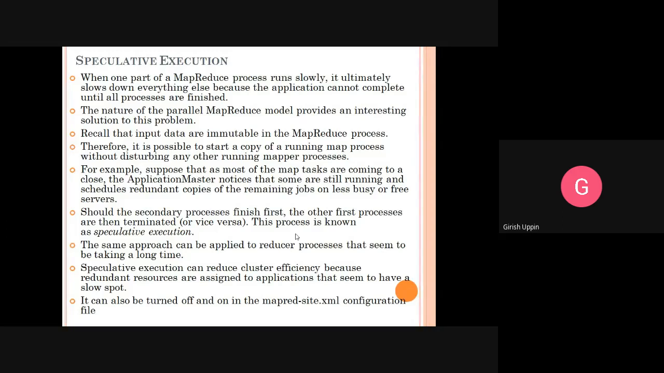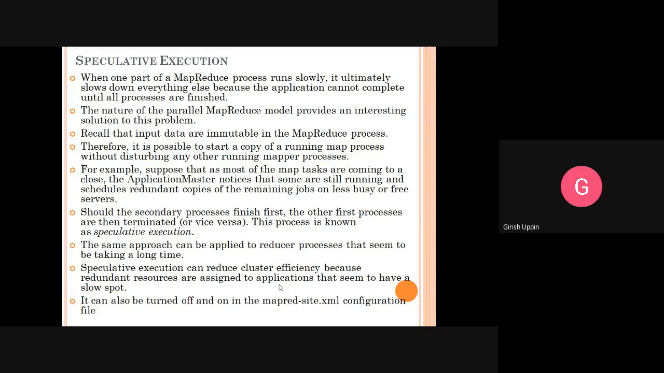So whatever we are doing this for speculative execution, that can be applied to the reducer tasks as well. Speculative execution can reduce cluster efficiency because redundant resources are assigned to applications that seem to have a slow spot. So one disadvantage is that cluster efficiency will come down because there are redundant processes accessing the similar resources. It can be turned off or on in the